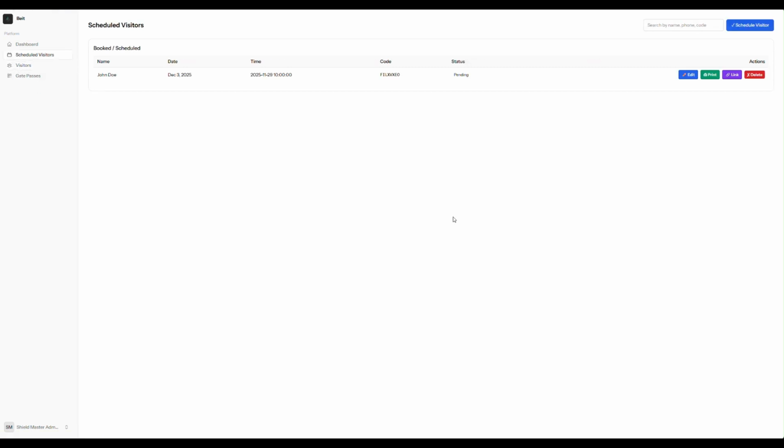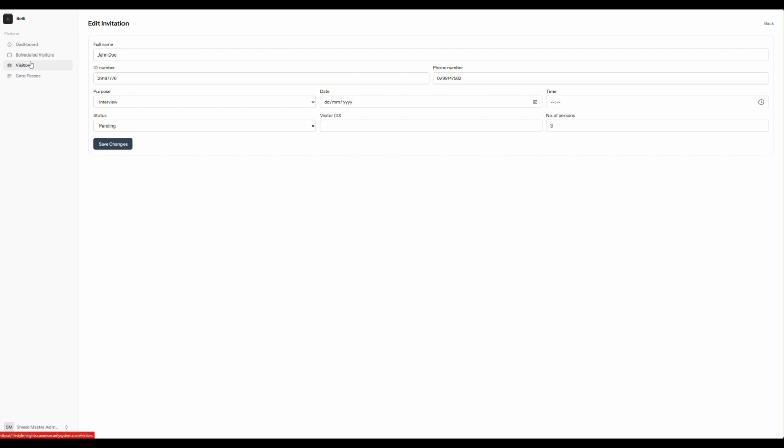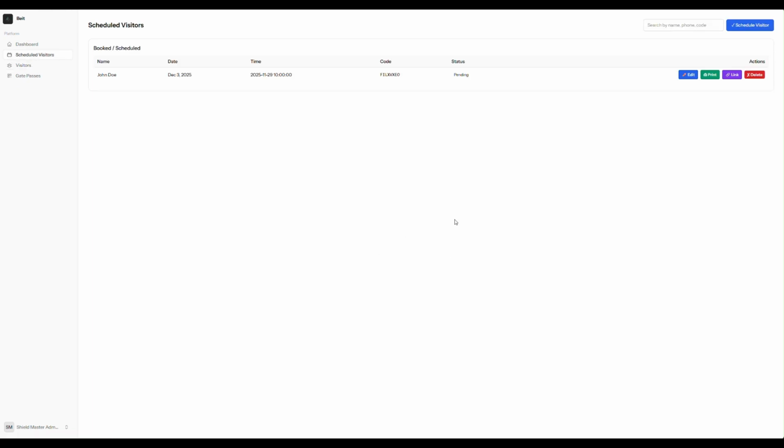So let's go back there and see. You can also edit these details. For example, if they have postponed, you can come here and maybe change the dates and a few other things that you can see available. So I hope that is now as easy as it looks, and you can also delete it once you're done with it,